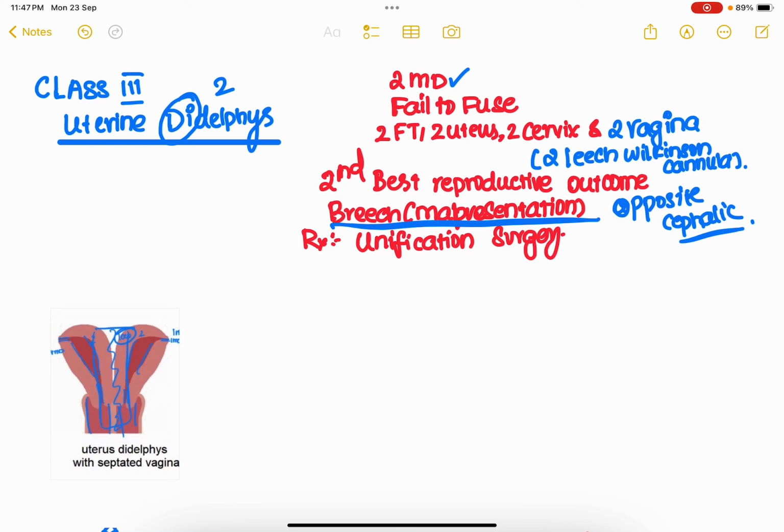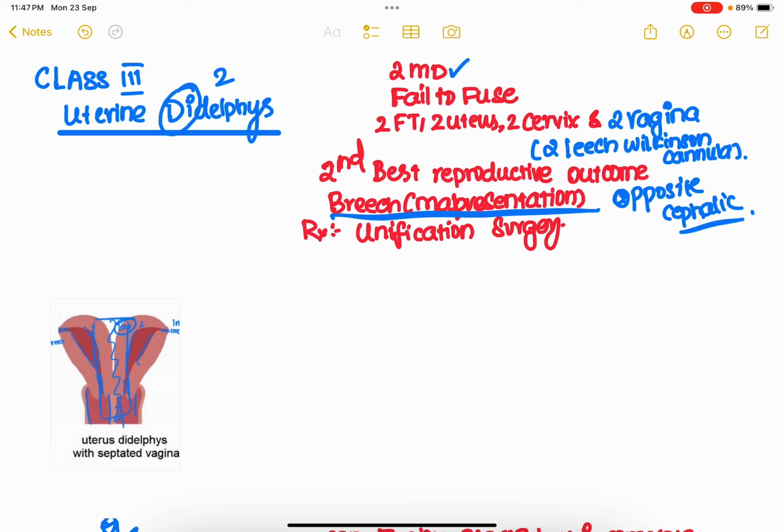In this test, you have to introduce an instrument called a Leach-Wilkinson cannula. Through this cannula, you have to introduce an iodinated dye. So this dye will pass through the tube, and if there is any abnormality in the patency of the tube, it is going to look like a filling defect. Is that clear? But in patients with uterine didelphys, 2 vaginas are going to be present, and 2 uteri are going to be